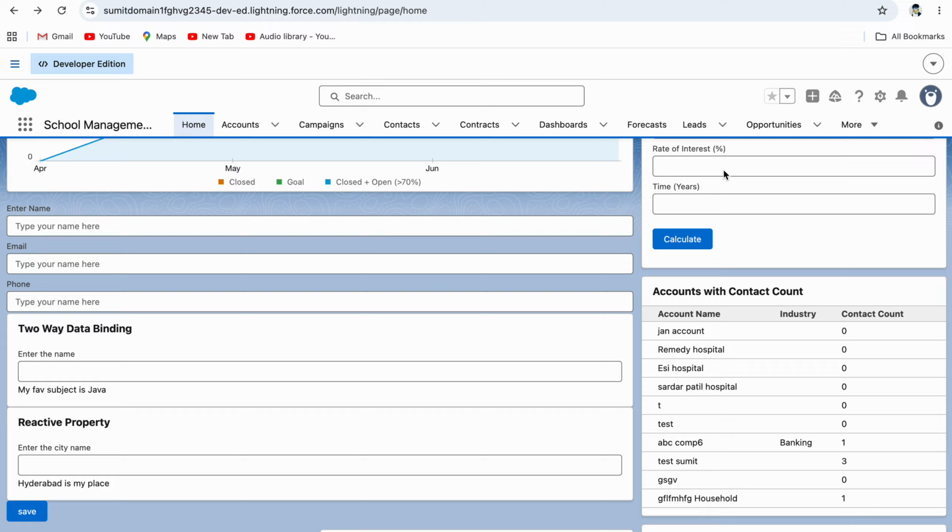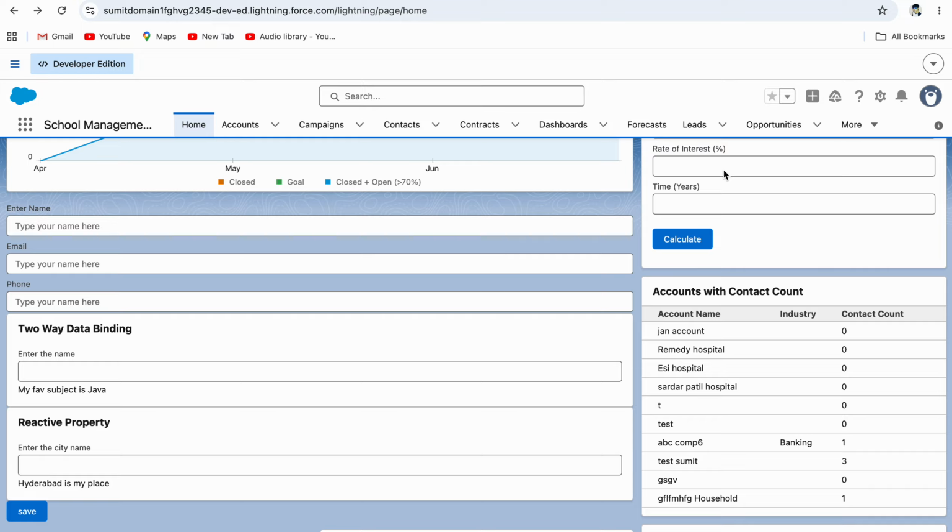Well, so guys, today I am going to discuss an example of a wrapper class. In this, I have used account with contact count, and using a wrapper class I have done this. So you ignore all these things. This is the component we are going to design. This is already designed. I am just going to explain the code, how I have done this using